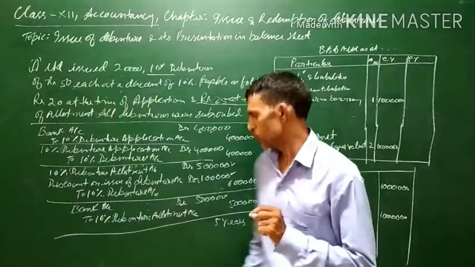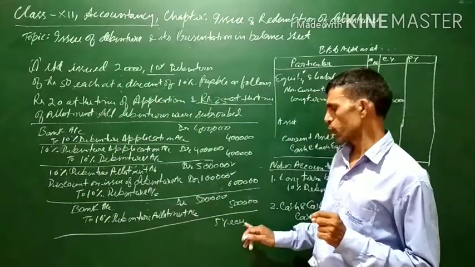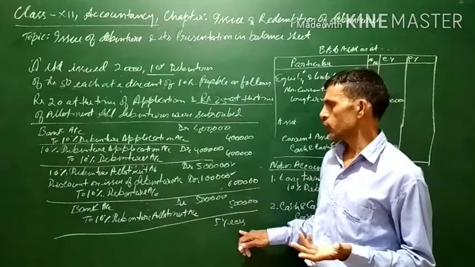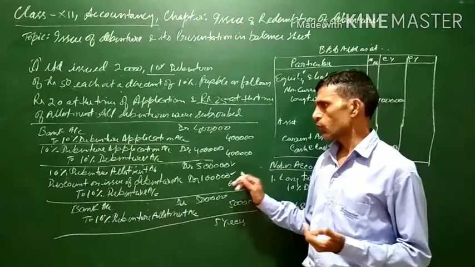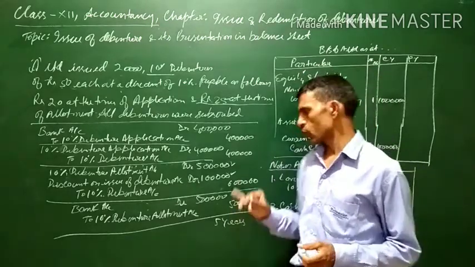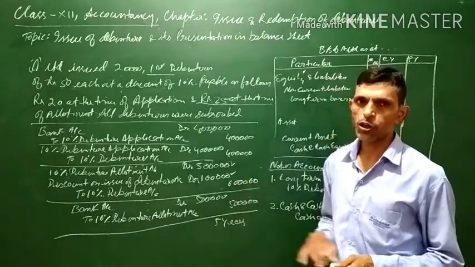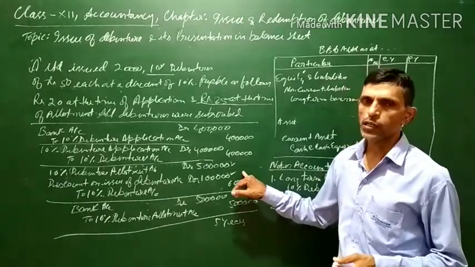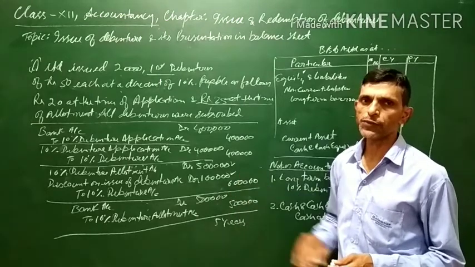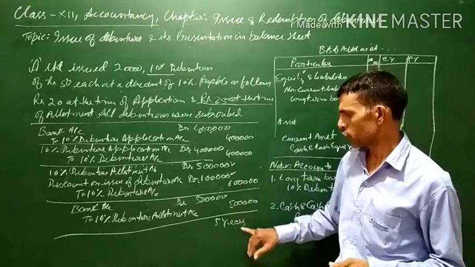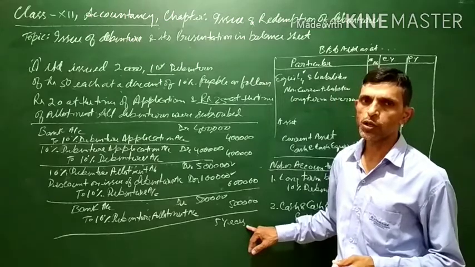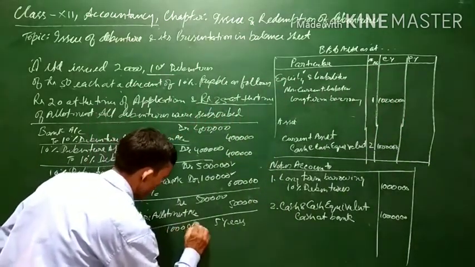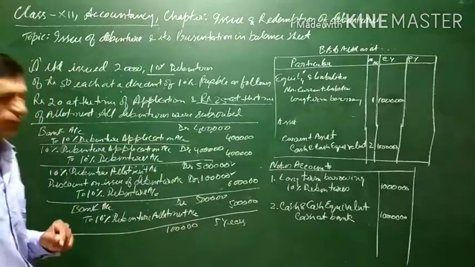Now, why will we assume? We have to assume that this debenture is issued for 5 years or 10 years, any other years we can assume, but this is important in order to write off the discount. Discount on issue of debenture is to be written off. It is a loss for the company, and it will be written off during the lifetime of the debenture. This loss of rupees 1 lakh will have to be written off during the lifetime of the debenture. Since we have assumed that this debenture has been issued for 5 years, this 1 lakh will be written off in 5 years.